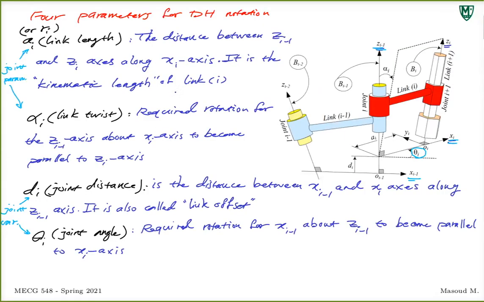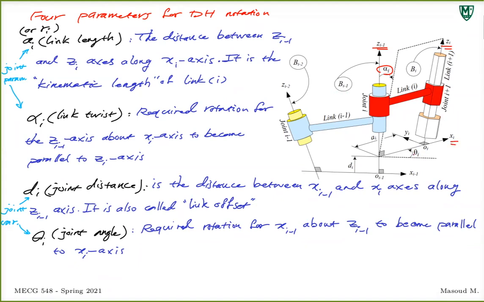So if we go back here, alpha is the angle that z i minus 1 has to rotate about x i to become parallel to z i. We're trying to make z i minus 1 and z i parallel, so we rotate z i minus 1 by alpha about